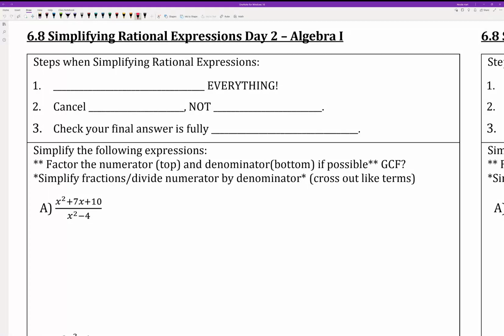We are going to be continuing with simplifying our rational expressions. There's a few things that we want to verify that we do as we go through this process. First thing we want to do is factor everything, every part as much as possible. That means we need to check for all of our different ways to factor. We need to check for a GCF. We need to factor our trinomials